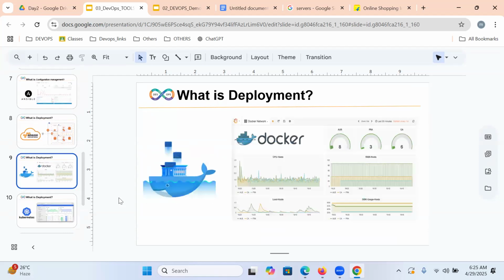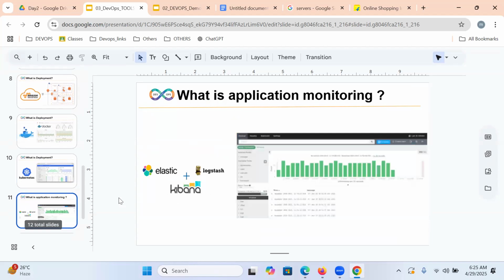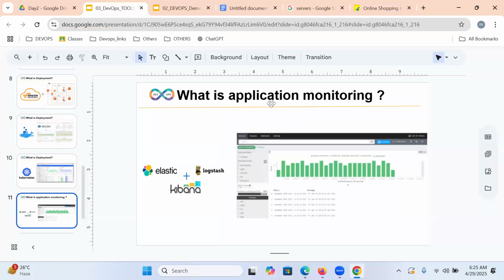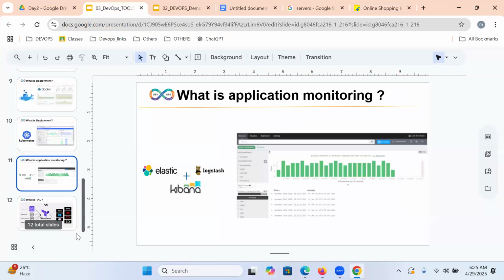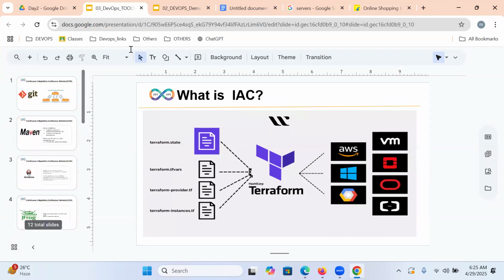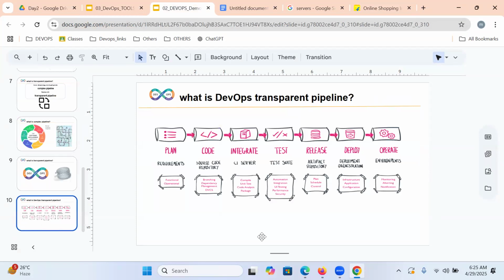Kubernetes orchestrates all the Docker containers. With ELK, Elastic, Logstash, Kibana, we can monitor how our applications perform, and we can also do log monitoring. Terraform is a cross-cloud platform; by using Terraform, we can create infrastructure in any cloud, either AWS, Azure, or Google. With the help of these tools, we can implement an automated process.